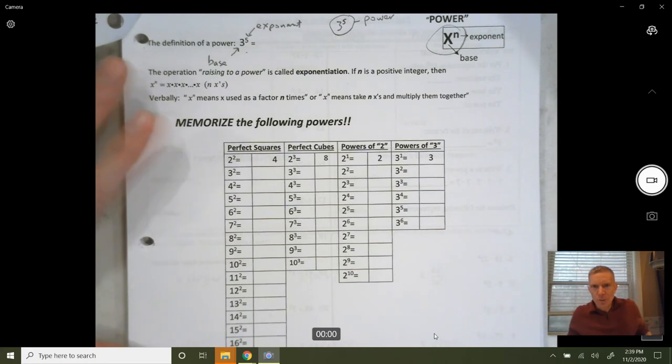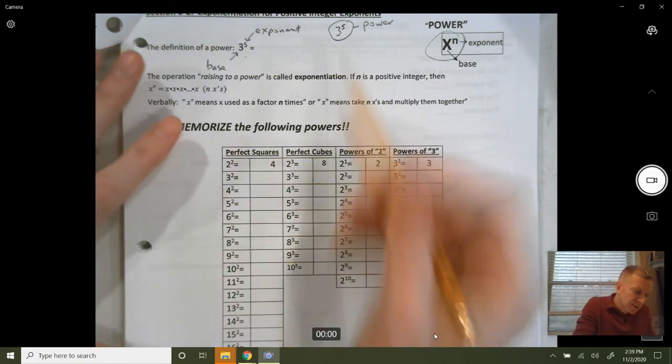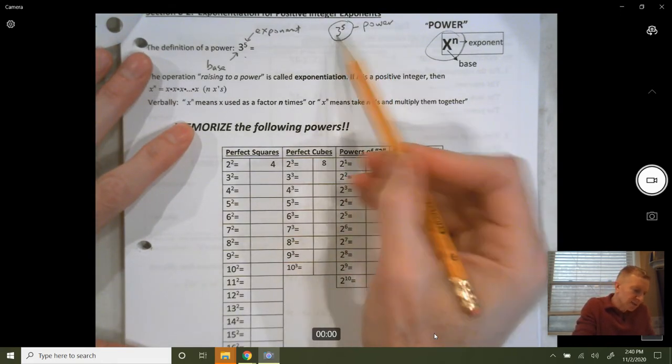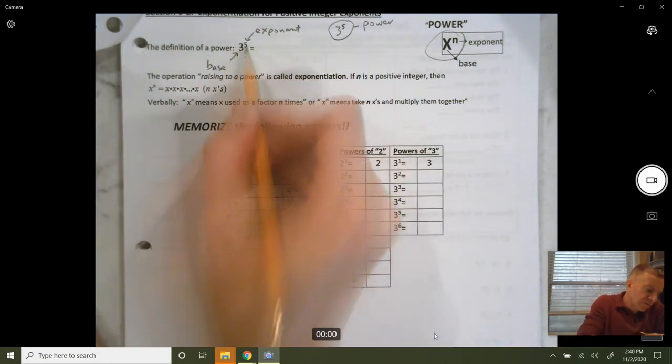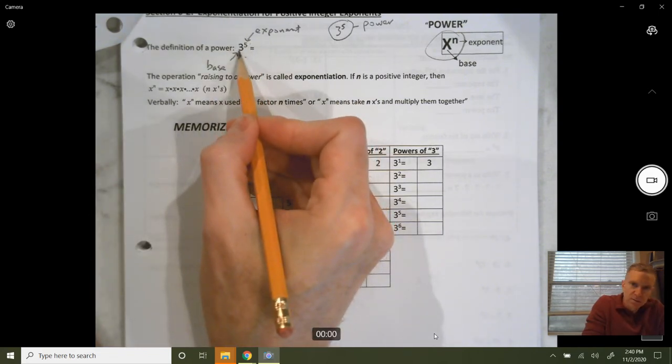Sometimes we use the word exponent and power interchangeably, and it's not really correct. The exponent is just the thing up here on top of the base. This thing is the base. The entire thing is the power. So a definition of a power, when you have 3 to the 5th, it means you have 5 3s multiplied